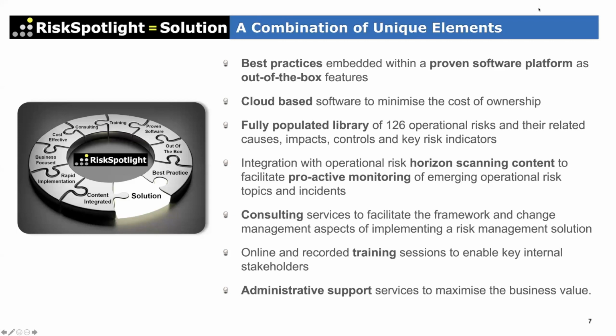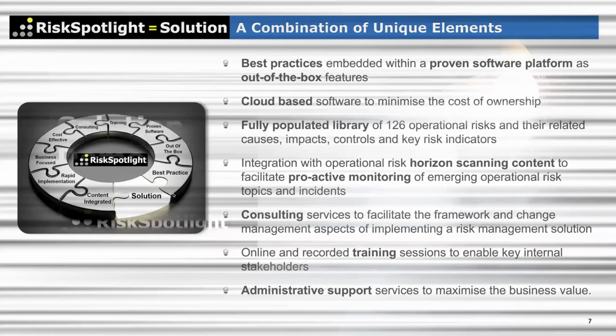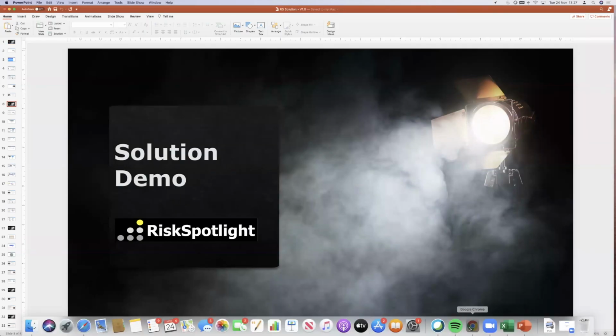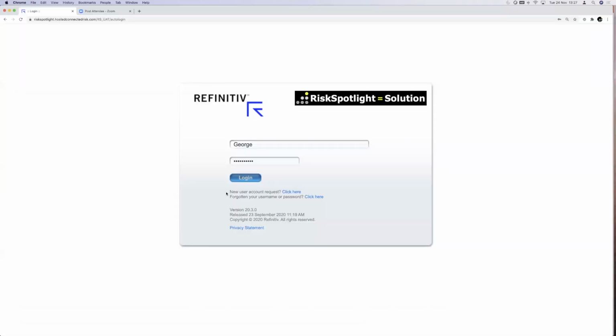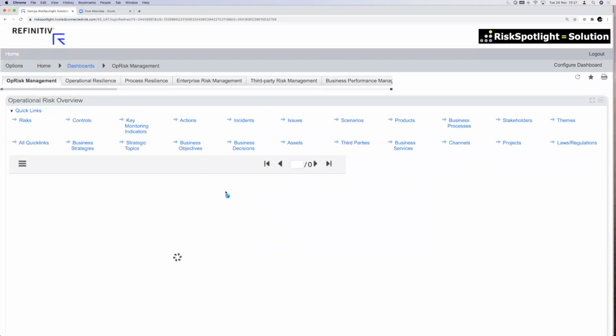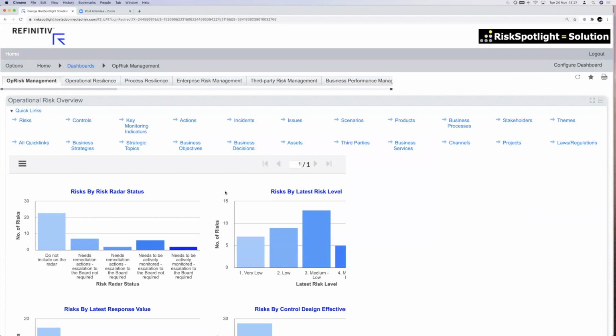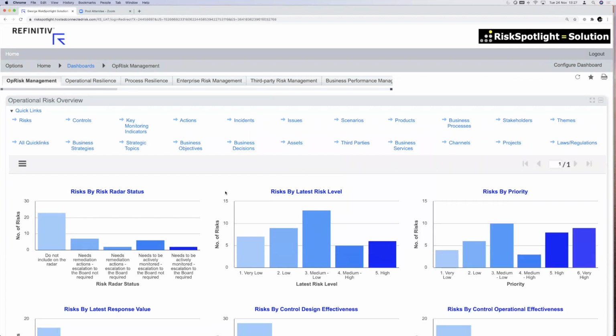All right, so then let's jump into the solution so you can see all the great things I've been talking about. So in this case, if I log into the solution, like I was demonstrating on the PowerPoint slide, there are various starting points. So depending on who I am in the first line, I may be interested in different aspects. So in this case, I have gone into the Op Risk Management tab,